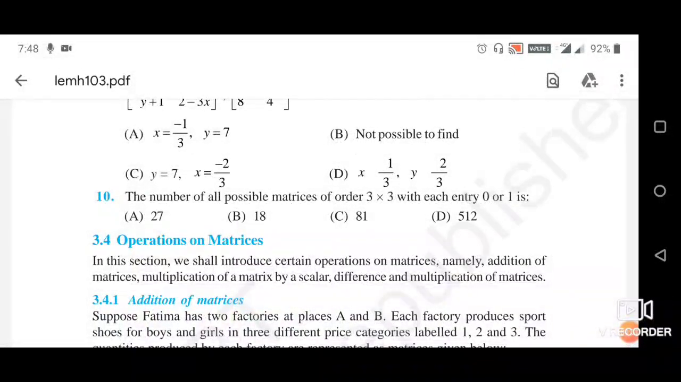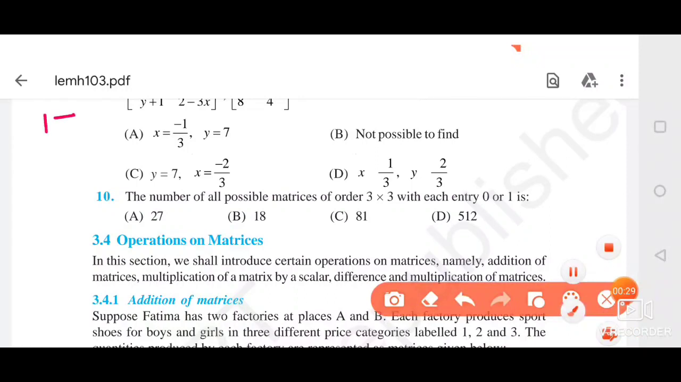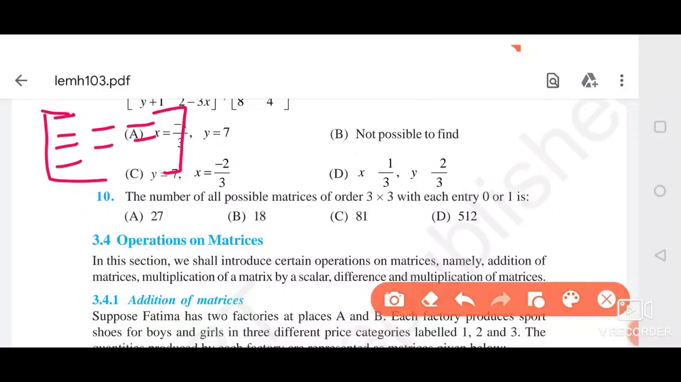So in question number 10, the question is the number of all possible matrices of order 3 by 3 with each entry 0 or 1 is, 4 options are given. We have to find the number of matrices which are of order 3 by 3. And each element will be either 0 or 1. So if it is a 3 by 3 matrix, so we have 9 places to fill